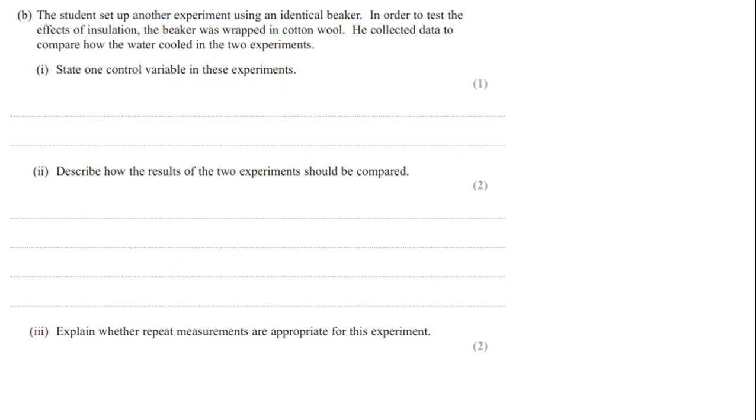Clearly, you are repeating the experiment, so in this particular one there are many variables you need to control, because if you repeat, you make sure that your mass stays the same. Every time you take the same amount of water, or you can say the volume of the water should be the same, or you can say temperature of surrounding. Any one of these you can write. Temperature of surrounding should stay the same in every reading. So any one of these you can write.